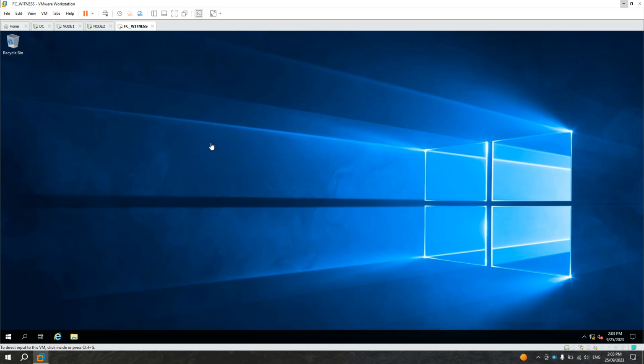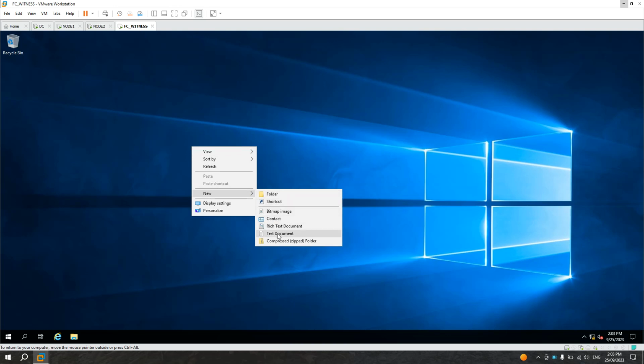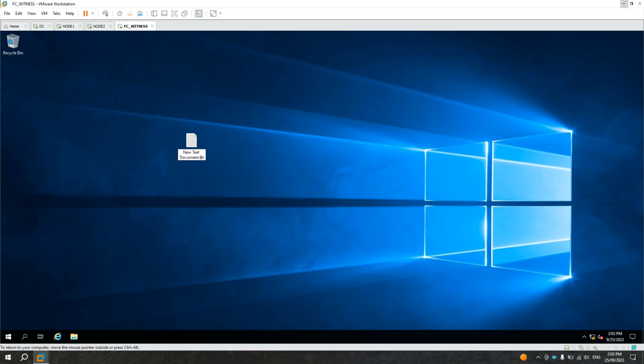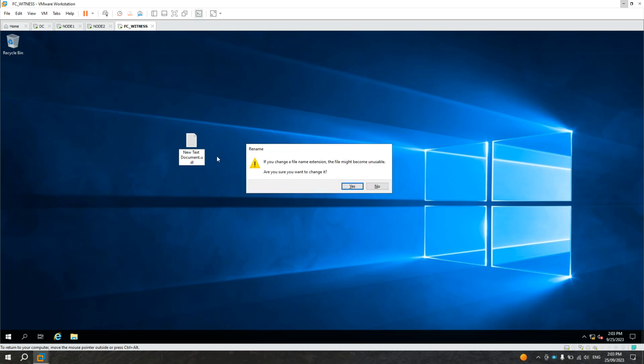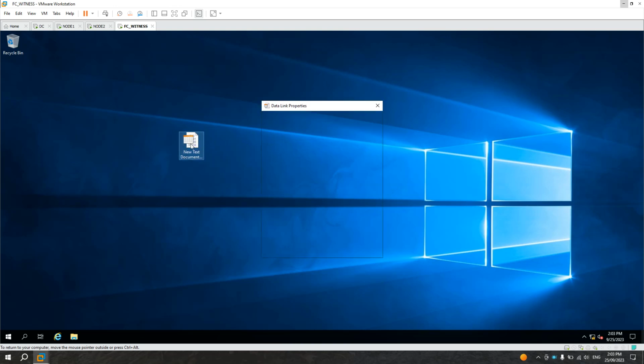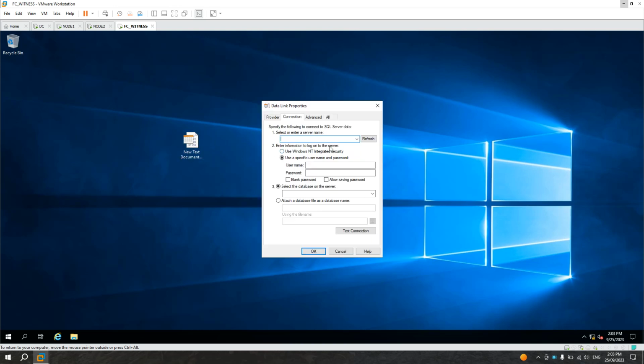Okay, right now I'm going to create a UDL file. Right click on the desktop of my source witness server, then click on text document, then rename the extension to .udl, then hit enter. Then, "Are you sure you want to change it?" Click yes. Then double click the file on the desktop,